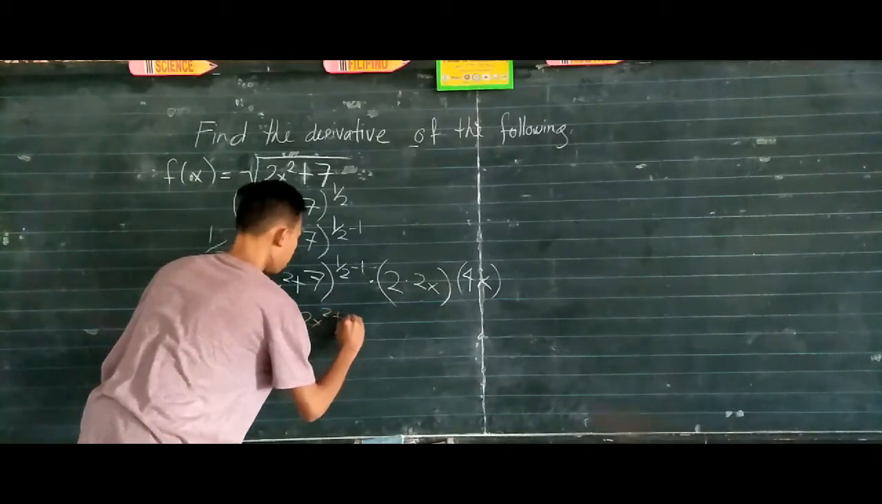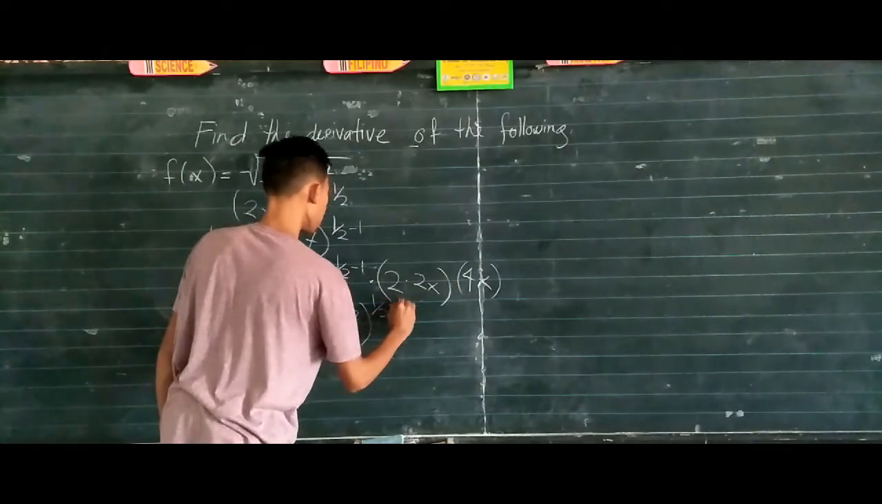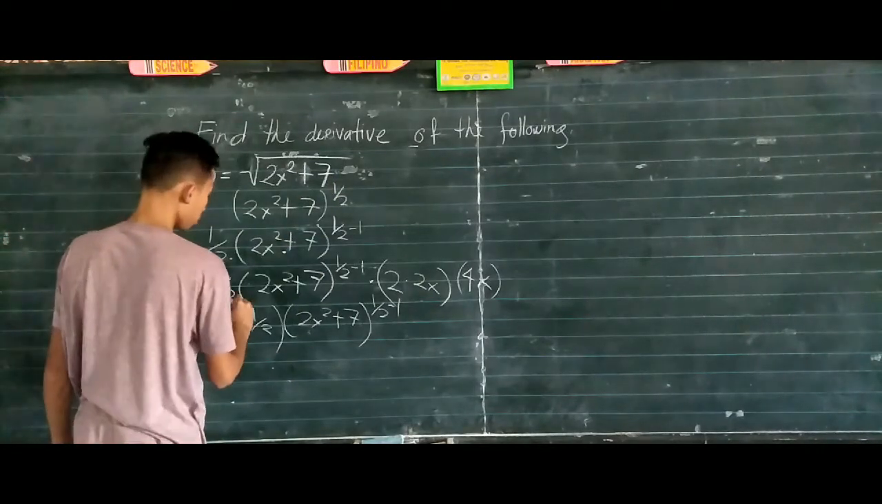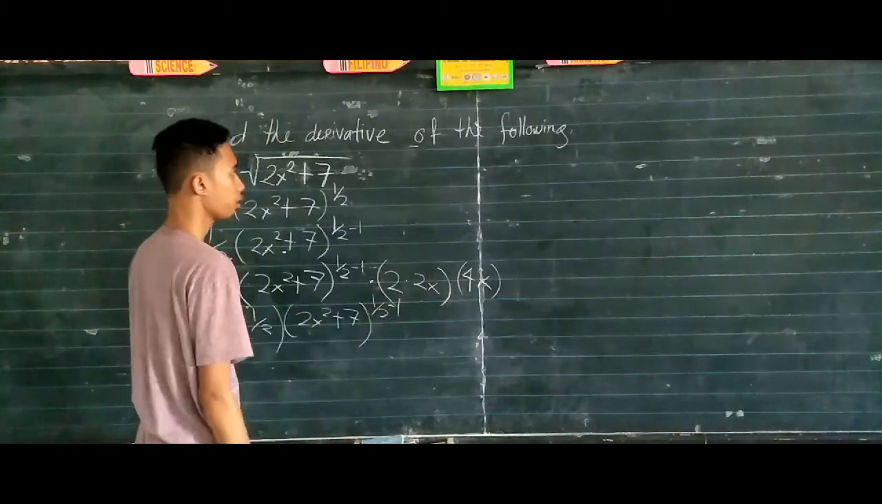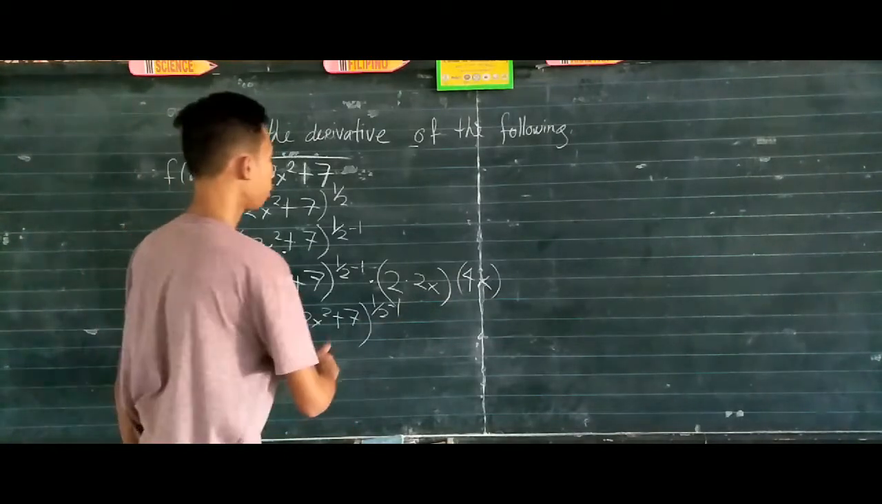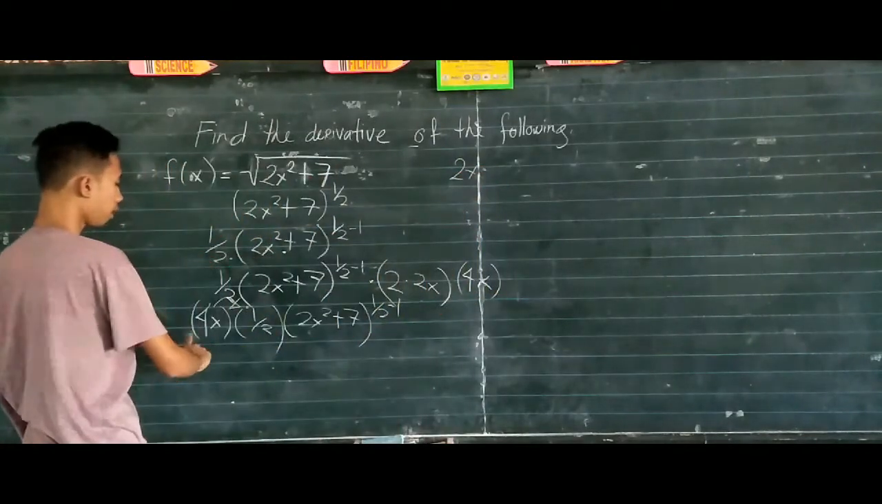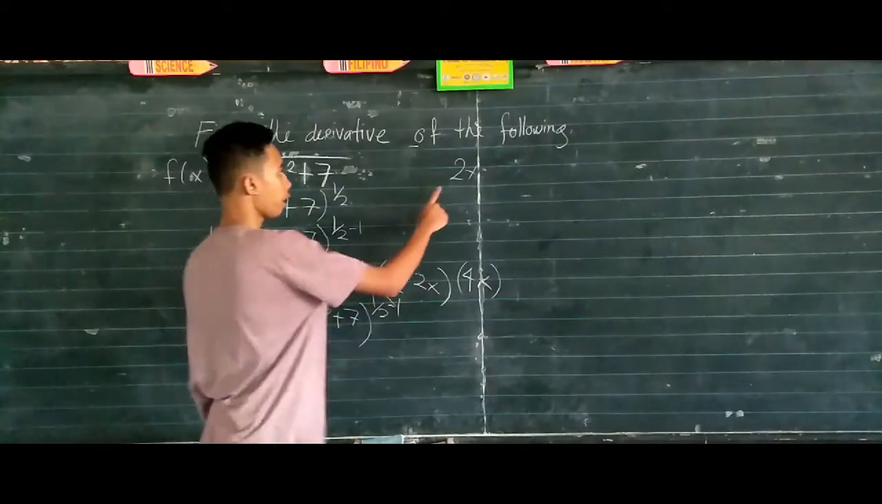2x squared plus 7, then 1 up minus 1. Then next step is we have to multiply the 4x to the 1 up, then minus the 1 up into -1. So this will be the following. The answer of the 4x